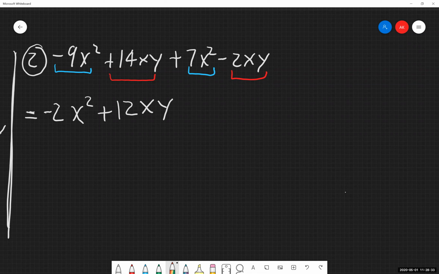I'm looking at this problem saying, can I combine anything else? Well, my first term has an x in it. The second term has an x in it. So can I combine those together? And no, we can't. Our first term is an x squared term. Our second term is an xy term. So they both have an x in them, great, accurate. But the variable terms themselves are not in every way, shape, or form identical to one another, so I cannot do anything else to this problem. I have fully simplified it. I am done.